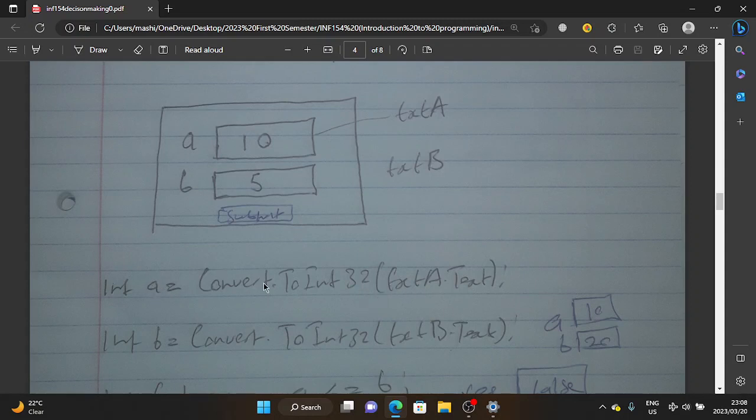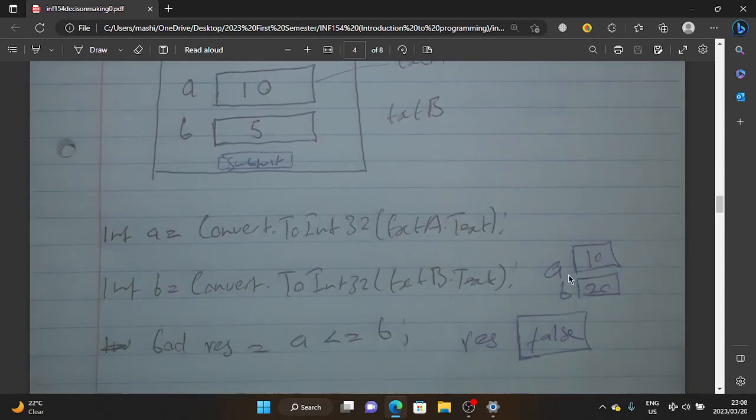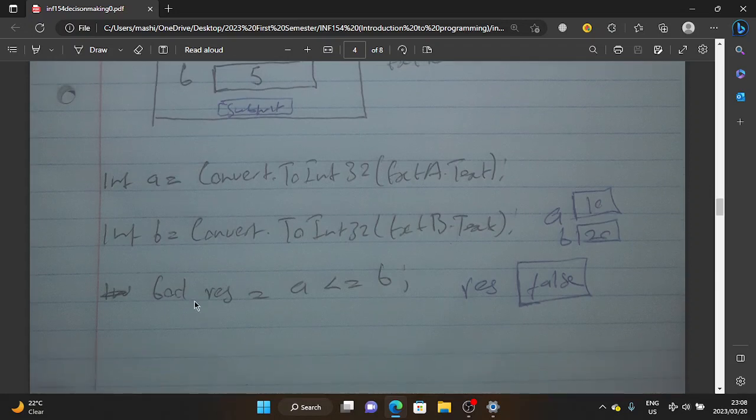I have to convert txt_a.text to an int so that this assignment operator can work. Same with B, I get my B from the form. So at the end, A is going to store 10 and B is going to store 20. So I have bool result equals to A less or equals to B. I have to ask myself, is A less or equals to B? In this case, my A is 10. So is 10 less or equals to,